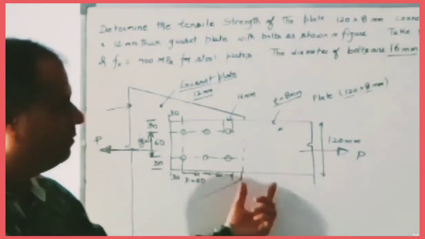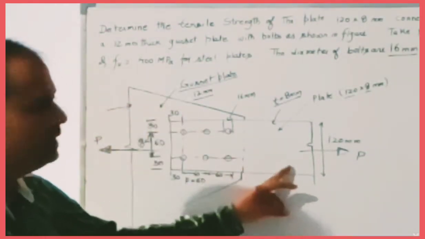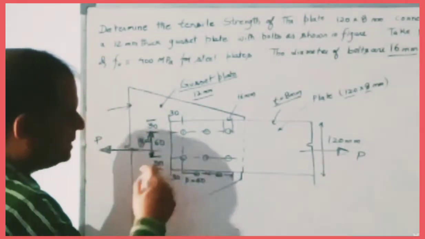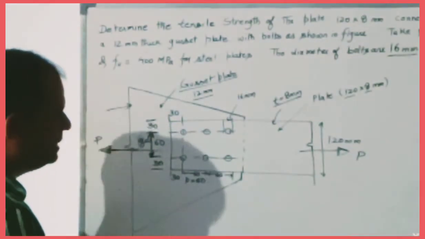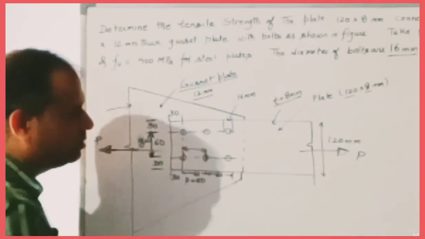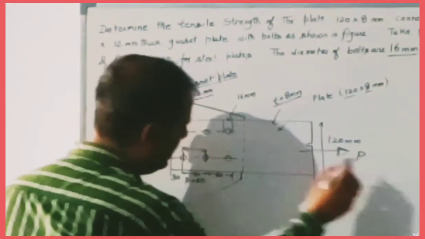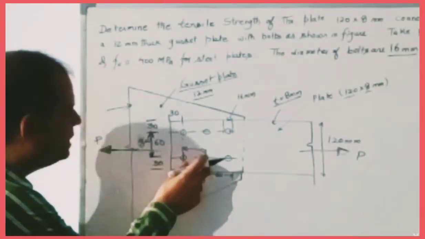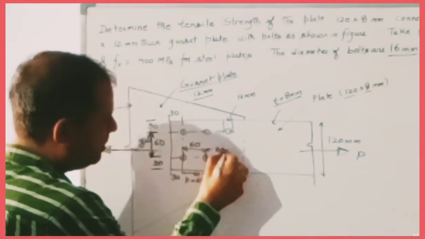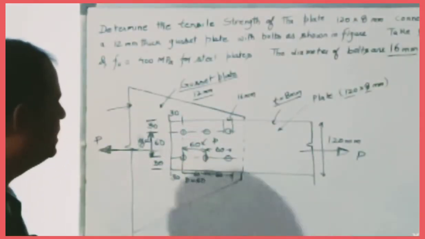So what is given over here? You can see the bolts are connected in such a manner that the gusset plate and the tension member make a rigid joint, and distances are marked. I am going to explain the distances. This is the distance between two consecutive fasteners in direction of load. The load is applied in the x direction, and the distance between two consecutive fasteners is 60 mm. So this is 60 mm, this is 60 mm, and it is called pitch. It is denoted by small p.